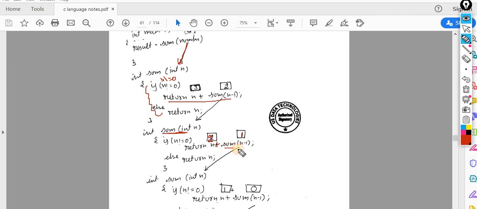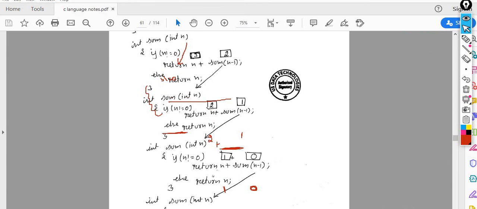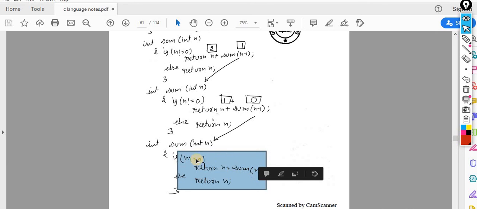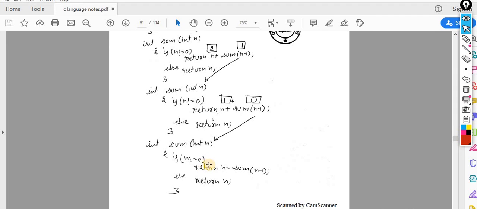It calls this function, because you can check that the function calls itself inside a function. Now this becomes 0, and again the number becomes 1. In the next iteration, when the number becomes 0, this condition is not satisfied and it stops. This is basically the stop condition. You are supposed to define a stop condition. It is mandatory, otherwise you will get an infinite loop. Keep this point in mind.